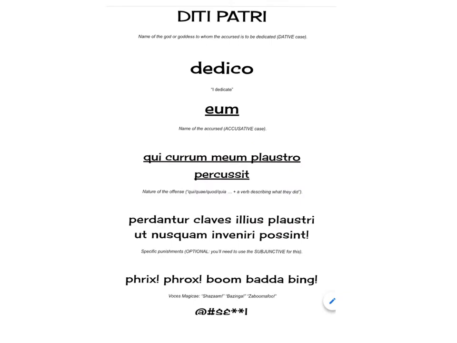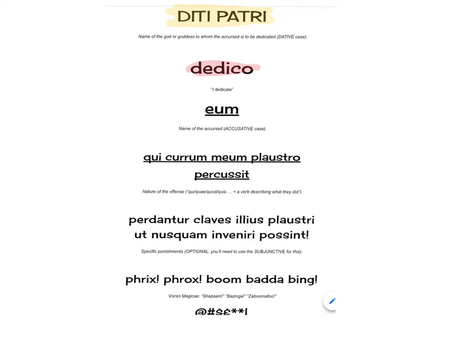Okay, so here's the template as I filled it out in class on Wednesday. As I said, I'm going to curse the guy who backed into my car with his truck and drove off sometime last winter. So you start with the God to whom you are dedicating, right? This is the God who's going to punish this person. Dis pater is the Roman god of the underworld. Here he's in the dative case, diti patri, dative. So I dedicate, dedico, to dis pater, diti patri.